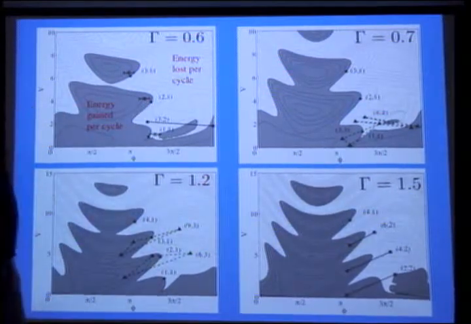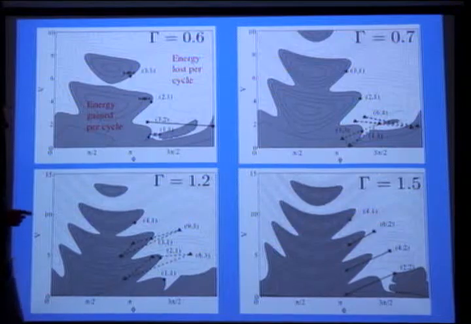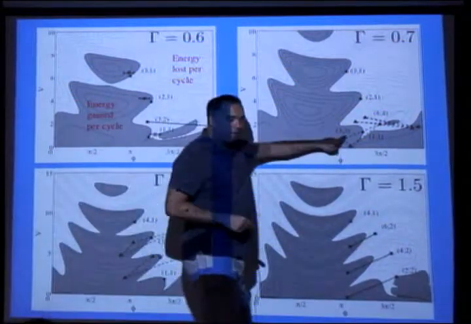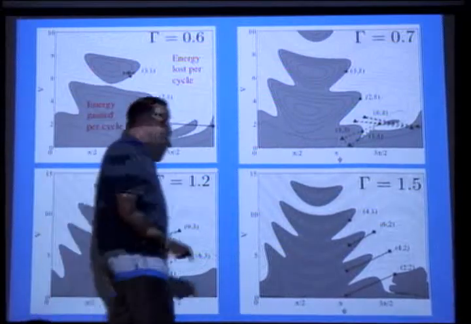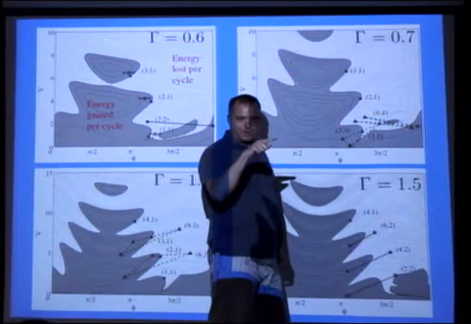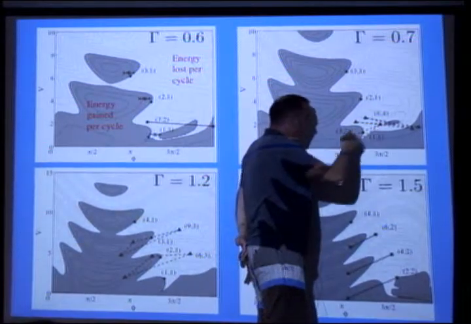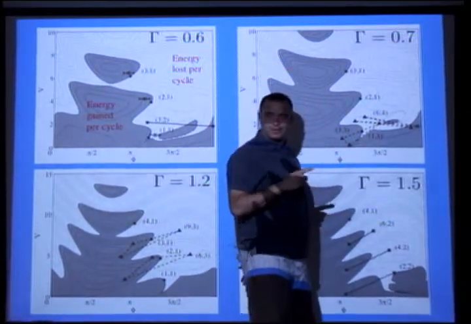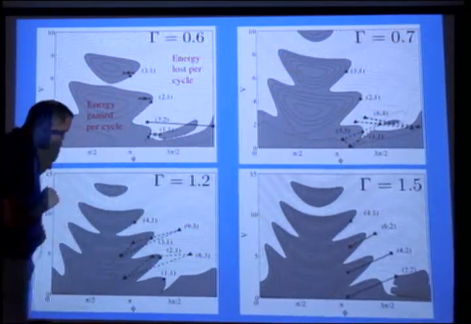But we know for these more complex orbits, like the 3-3 mode, this is a 3-3 mode here. So these are different forcing accelerations, these four plots. We know that it can have an orbit in which the total energy gained in all three bounces is 0, right? So you can bounce across this zero line, and so that happens.